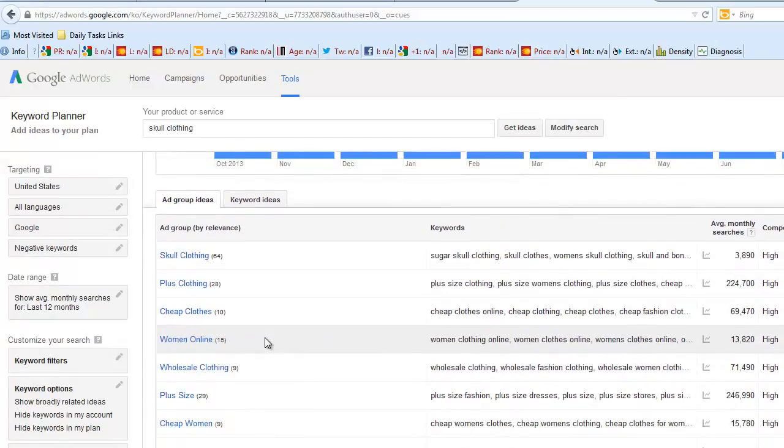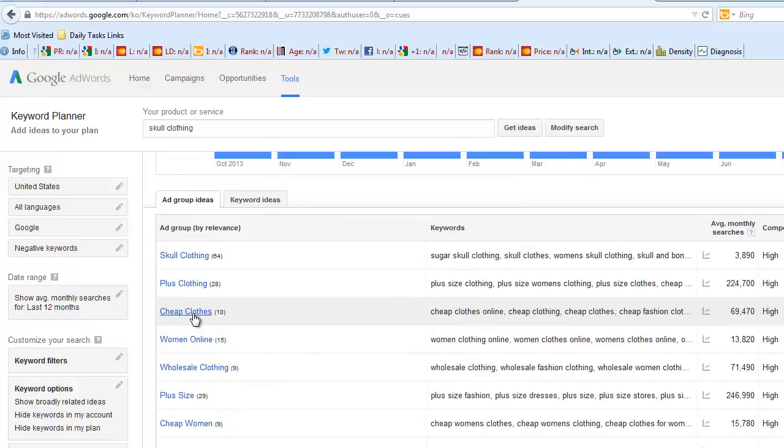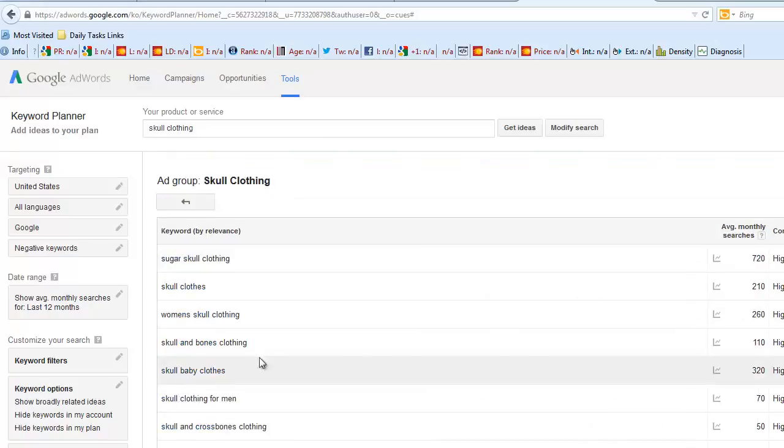So we're going to get some ad group ideas, which are just vague. Right here I could click cheap clothes, and then we're going to get different things based around that keyword: cheap clothes online, cheap clothing, cheap clothes, all these different variations around that. Obviously we want to pick skull clothing in my case here because that's what I'm looking for in